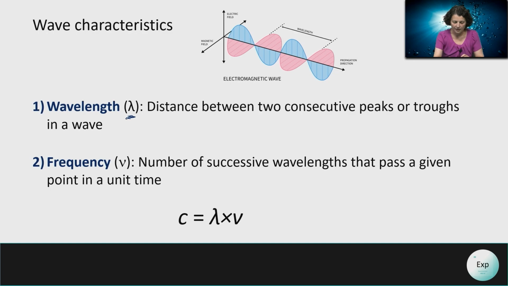Frequency, which is indicated with the symbol nu, the Greek letter nu, indicates the number of successive wavelengths that pass through a given point in a unit time, and that unit time is going to be the second. So the unit for wavelength, because this is a unit of distance, is going to be the meter, and the unit for frequency is going to be the hertz, which is the same as second to the -1